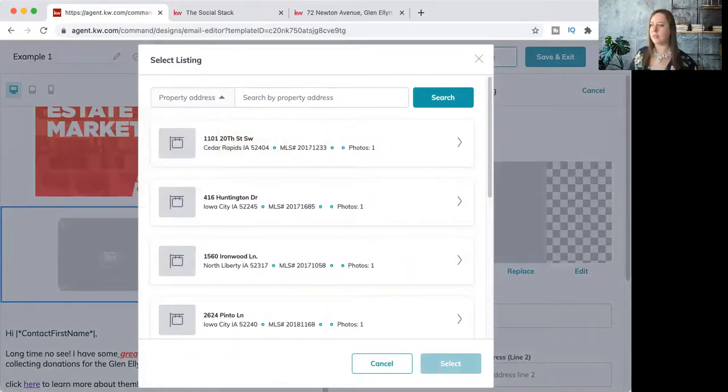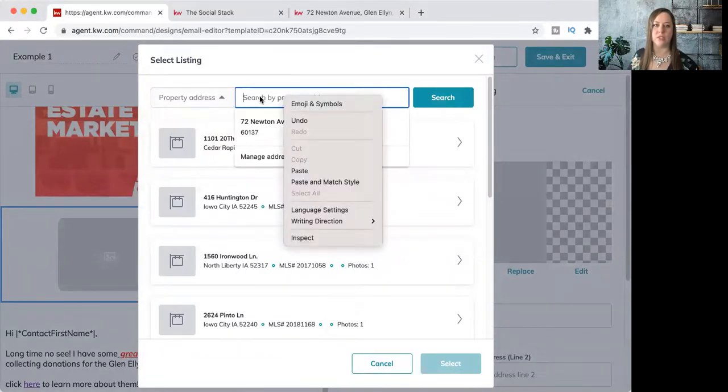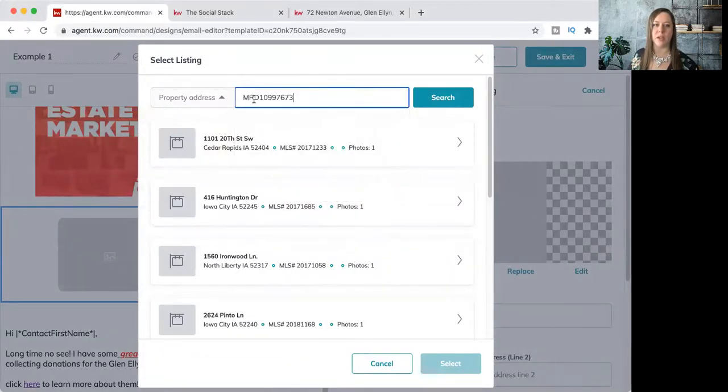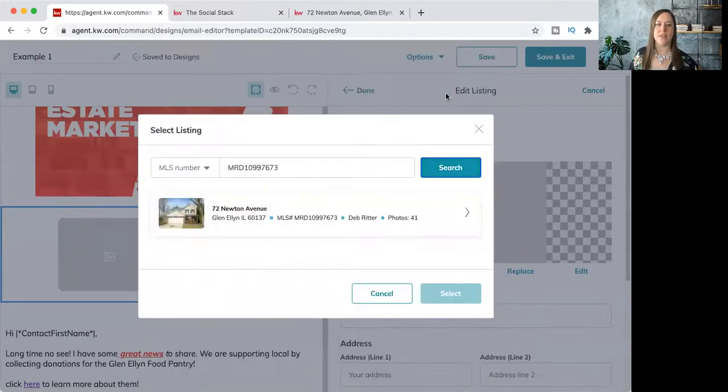I want to show you how that MLS number works real quick. Just make sure that however your MLS shares its numbers, if there's letters in the front, you'll need to use those. For example, in my market, we use MRD because we're part of MRED. So I'm going to search for MLS number. I just pasted that right in there, and I'm going to hit search, and there is the property. So I can select that,